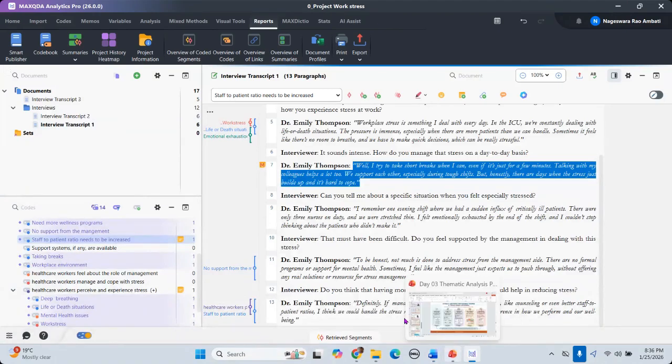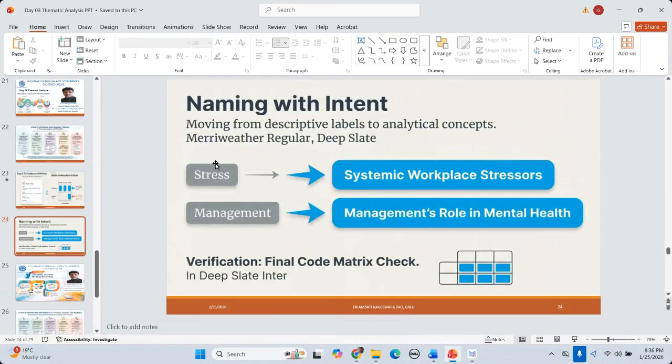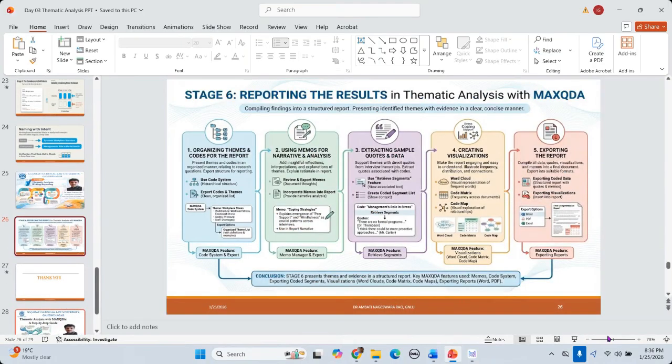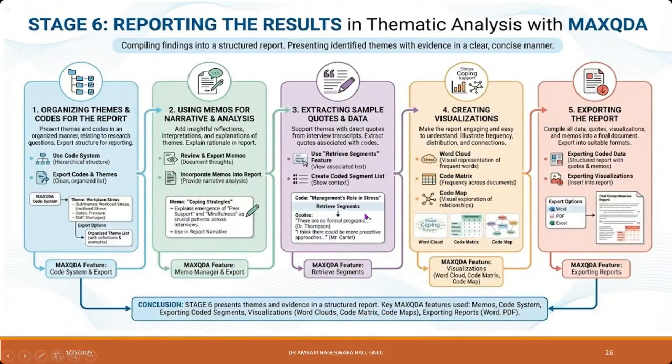Last, that is the report writing part. The last step of the thematic analysis is the reporting part. Now, when it comes to reporting your thematic analysis, step number 1, step number 2, step number 3, one is able to explain. When it comes to step number 4, 5, 6, it has to be done with the help of the data,